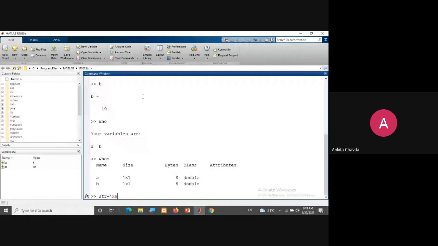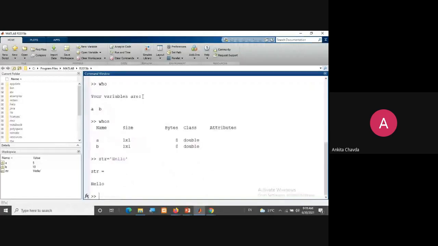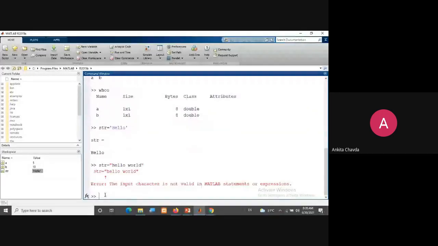So this is the character array, right? Double quotation is not allowed, only single quotation. I hope you are getting it.